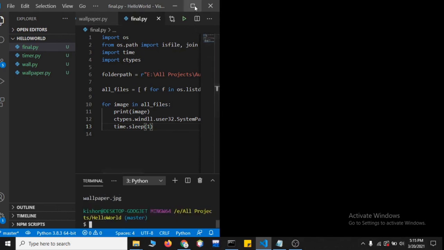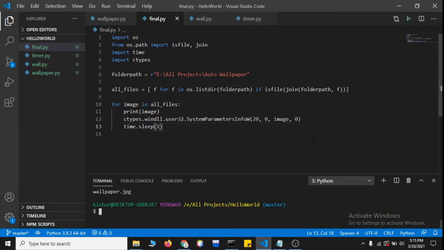Okay. Oh, as I told, right? That is something that is going to cause the problem over here. We don't have these images set as a full absolute path, and the one we provide in ctypes should be absolute.